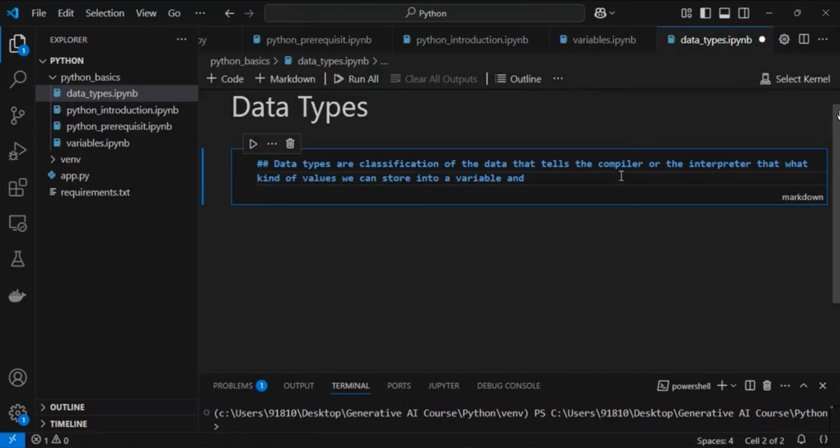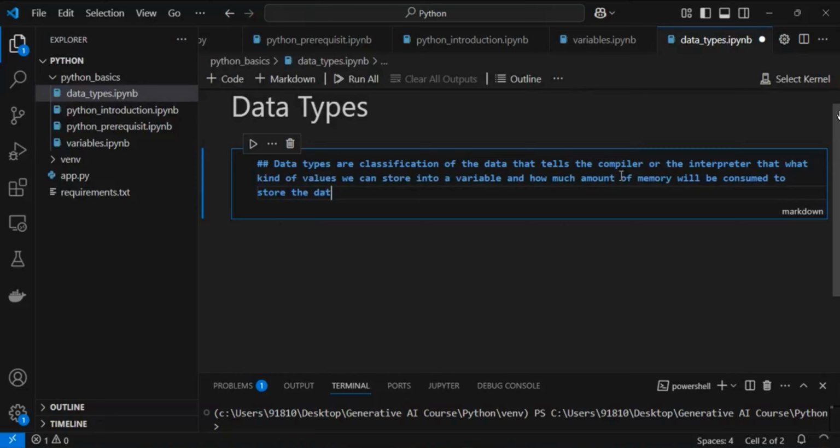So data types are the classification of the data that tells the compiler or the interpreter what kind of values we can store into a variable and how much amount of memory will be consumed to store the data,